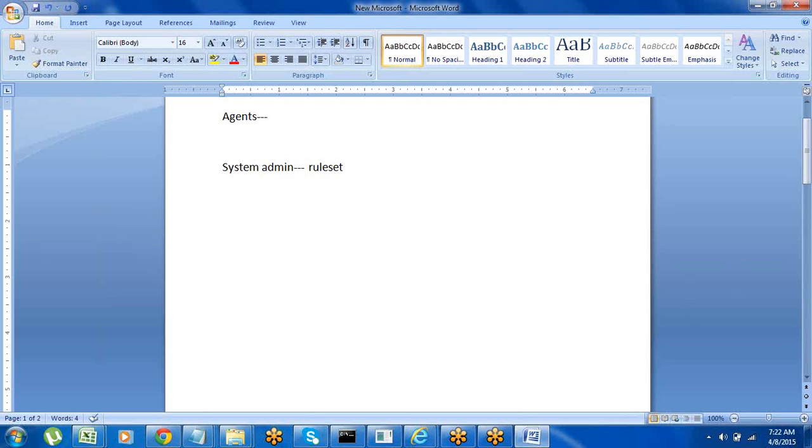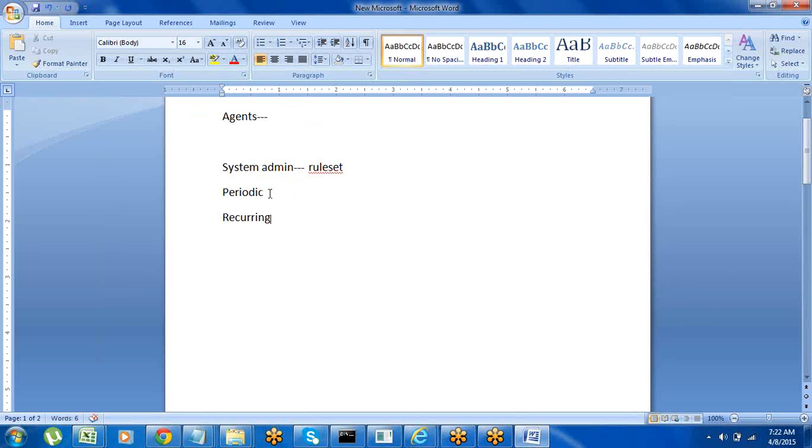Under the rule set all the agents will be saved. And whenever you open the agent page, there will be something called pattern. Under that you have two types: periodic agents and recurring agents.